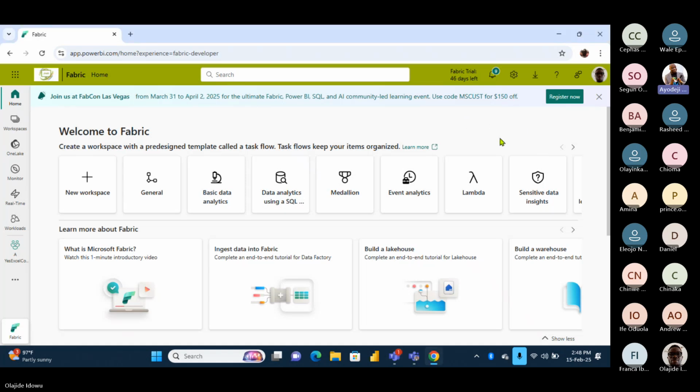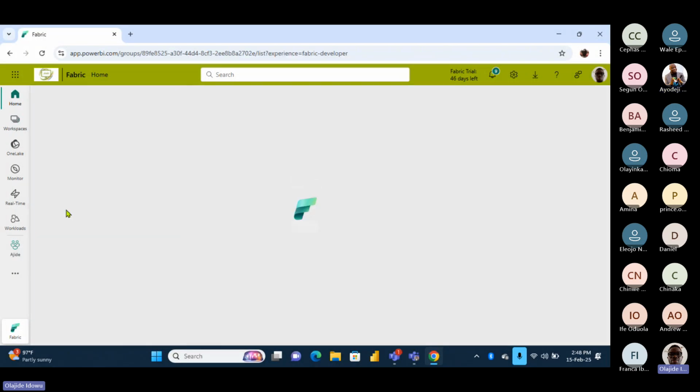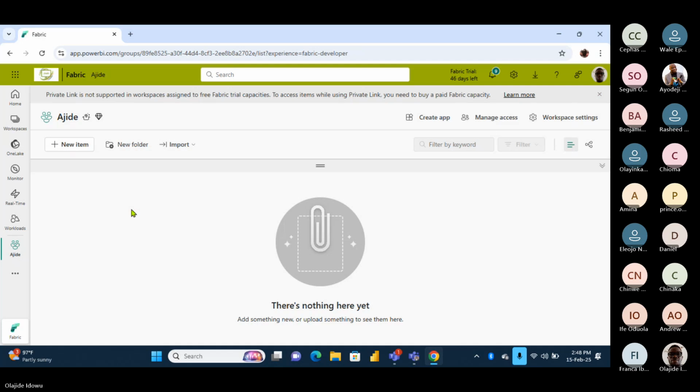Okay, so go to a workspace that you have created before. Unless you want me to quickly create a new one. I have something I've been working on, but let me just create a new one. This should be empty. Take a look at my screen. So this is a new workspace. Yes, this is a new one. Do you want me to still create?